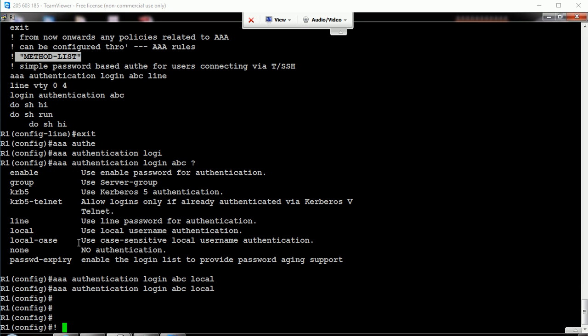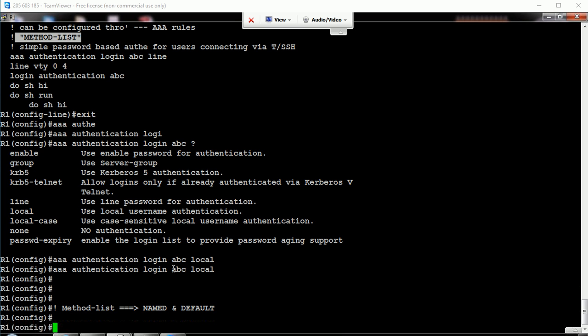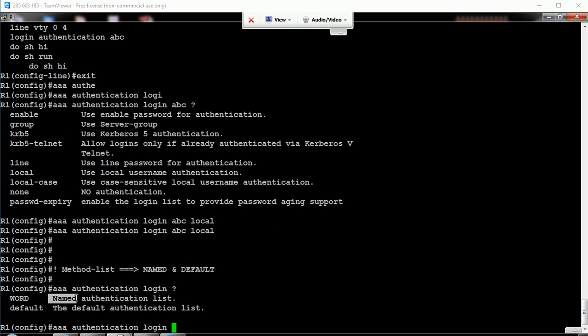And that method list is again of two types. Method list in Cisco IOS is of two types. One is called the named method list, and then we have something called the default method list. What we created is called a named method list. Remember when I created the AAA rule, it asked us to create a named one, or it can also go for default. What makes a difference between named and default, I'll come to later on. As of now, you just need clarity that there are two method lists.